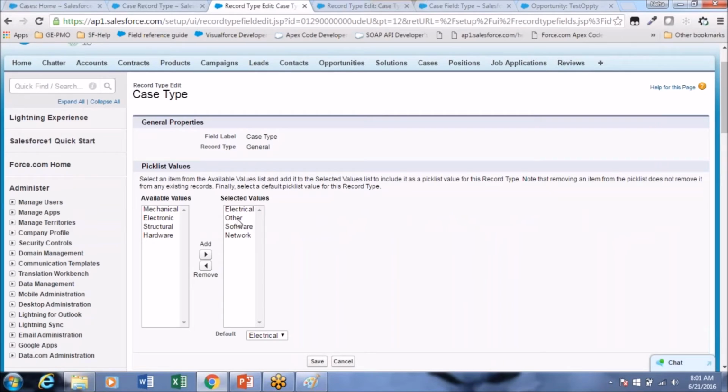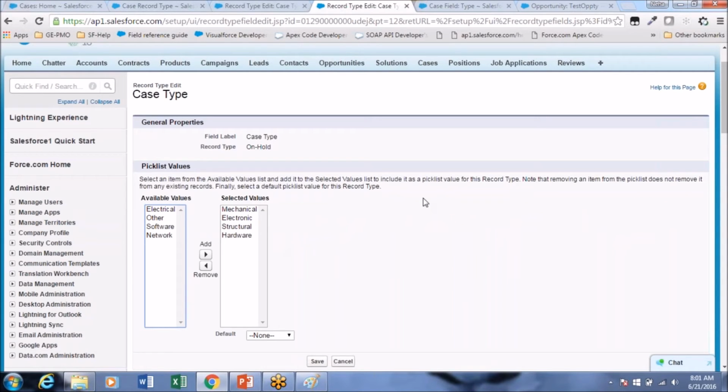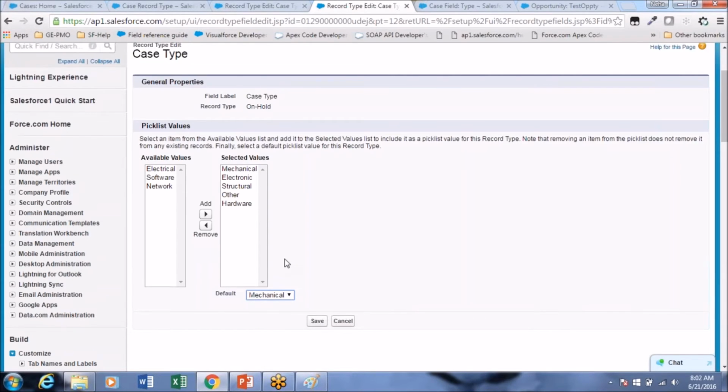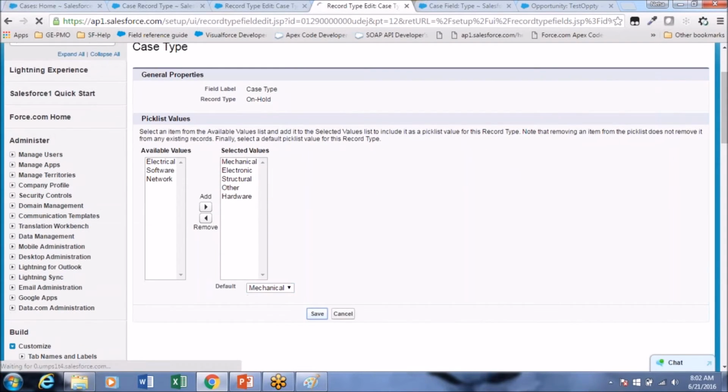Here we are showing electrical, other, software, network. Okay, so here we can show mechanical, electronic, structural, hardware, and also we can show other, and make the default value as mechanical for on hold types. Save.